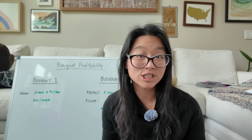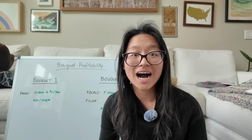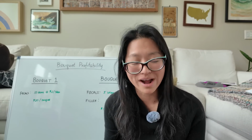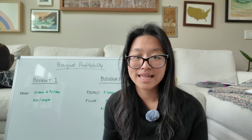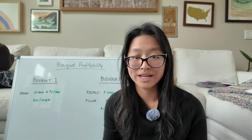I had some vegetable growing experience in containers, but until we moved to this property, I had never grown in a real field, like in the ground. So a lot of that was new to me. And I would say that for that reason, it made a lot of sense for me to grow a few things. And that brings me to